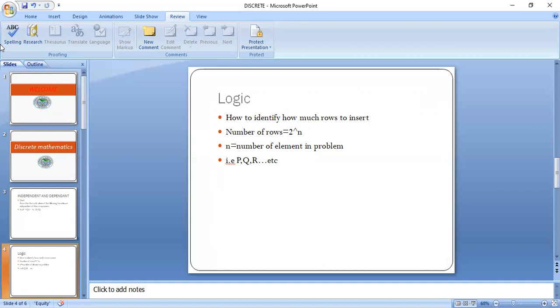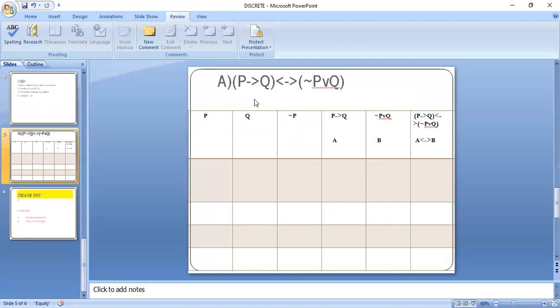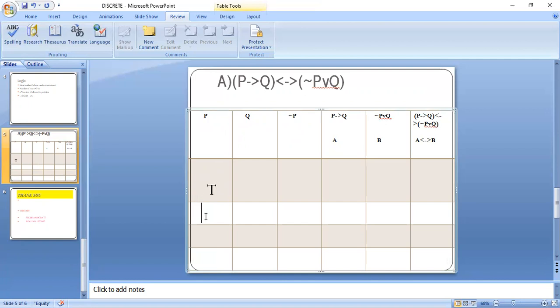So we go to our problem statement. I am constructing the truth table. We take the entries for the P value: first is true, second true, third is false, last is false. So there is T T F F. Taking the entries for the Q value, that is T F T F.